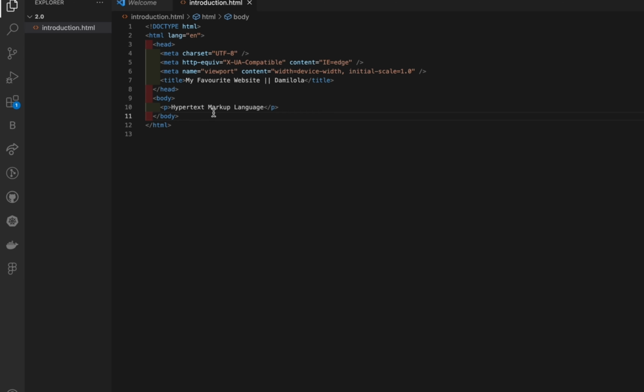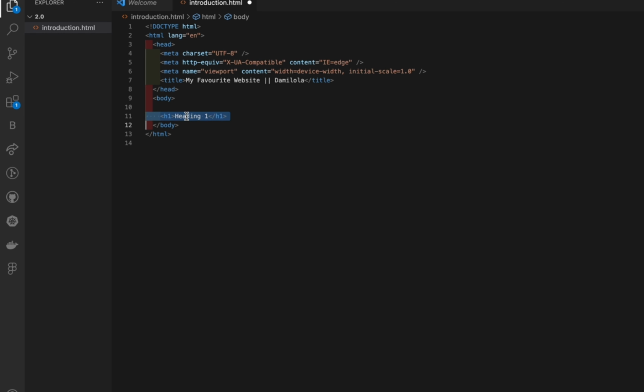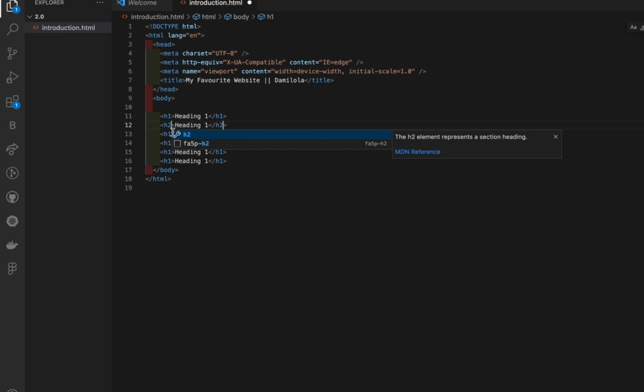There are different types of tags in HTML. We have the headings. Okay, let me start with the headings. For headings, you can decide to use H1. It consists of 6 headings: H1, H2, H3. Heading 1. I'm going to duplicate this and name this heading 2, heading 3,